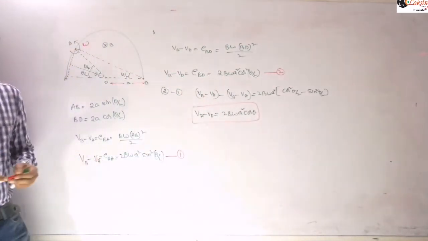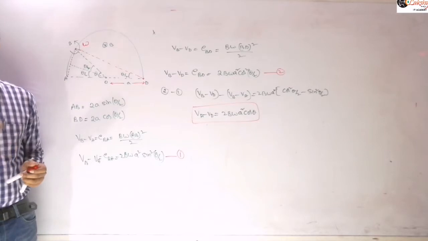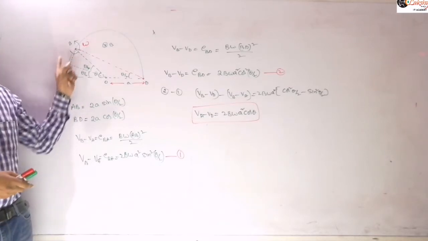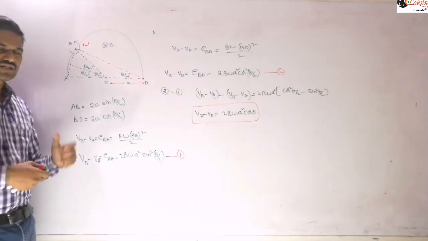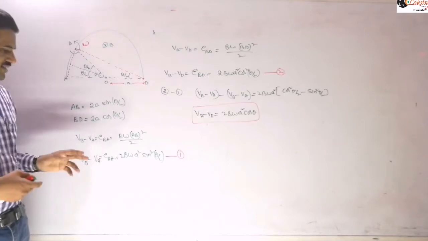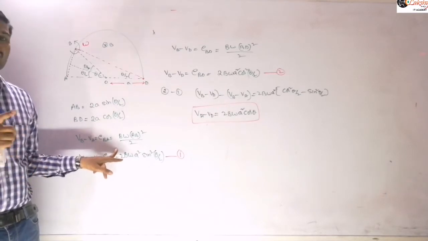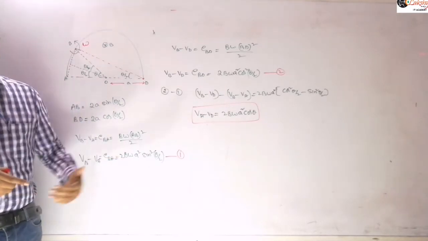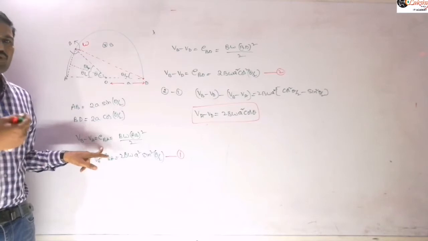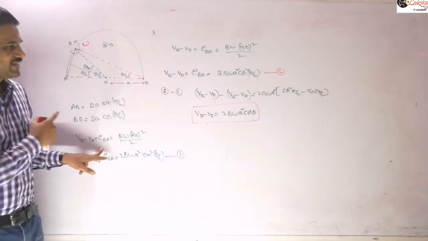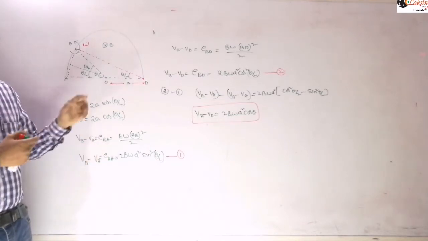Now the next part: they are asking that we are connecting A and D with a conducting wire here, so that it becomes a closed loop. Now they are asking the potential difference between B and D. You may get a doubt, the potential difference between A and B is already calculated. But that is the potential difference if the circuit is open. If no current is passing through the circuit, then this will be the EMF and also the potential difference. But when you connect A and D by a conducting wire, it becomes a closed circuit, which means current is flowing in the closed circuit.